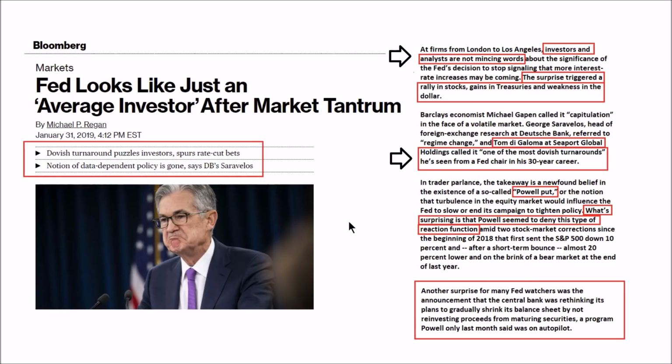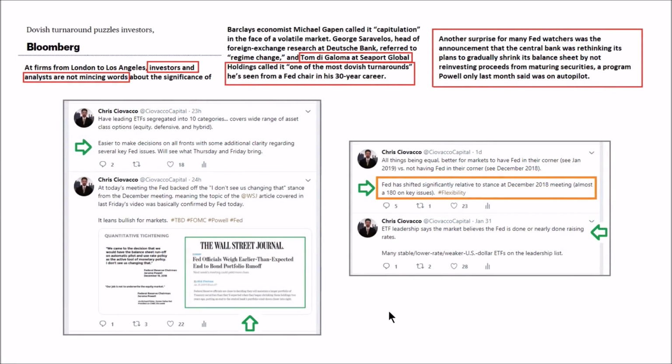key topic that the market was concerned about, prompting a 30-year market veteran to say it's one of the most dovish turnarounds he's seen. While that type of inconsistency and flip-flopping from the Fed, A, is really not consistent with anything the Fed has done over the past 20 to 30 years, and B, it makes it very, very difficult to make logical and prudent decisions when you're managing money. That's the bad news. The good news is we do have some clarity on their stance on some of these issues now, and at least in the shorter term, it makes it a little bit easier to make decisions going